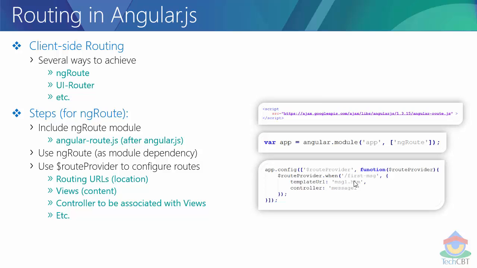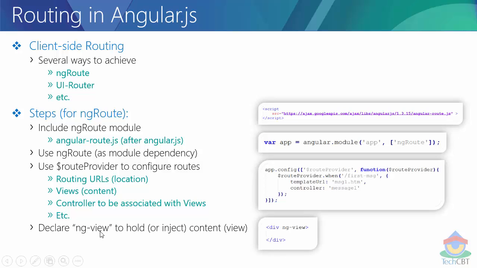So this is a template which needs to work with this controller, and once it renders from both of these templates and the controllers, you are going to get the view out of it, and that view will be made available through ngView. This is going to be the place where you are going to inject your content, whatever you receive from this location. Using this location, you fetch the content, and that content is going to be massaged with all the scope and everything you mention as part of your controller. Once that HTML is ready, the rendering happens right inside whatever HTML element you specify using ngView,